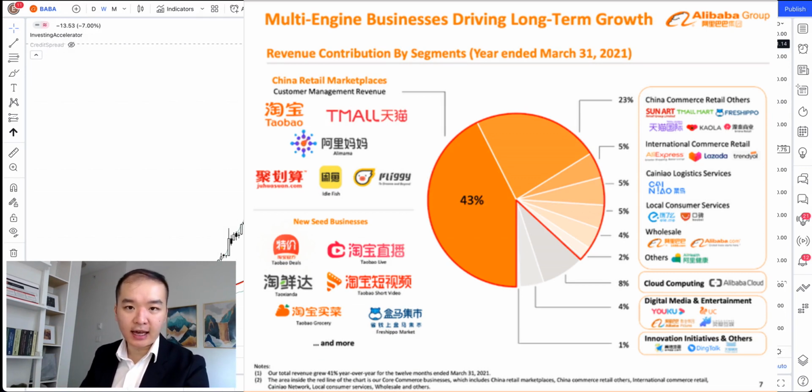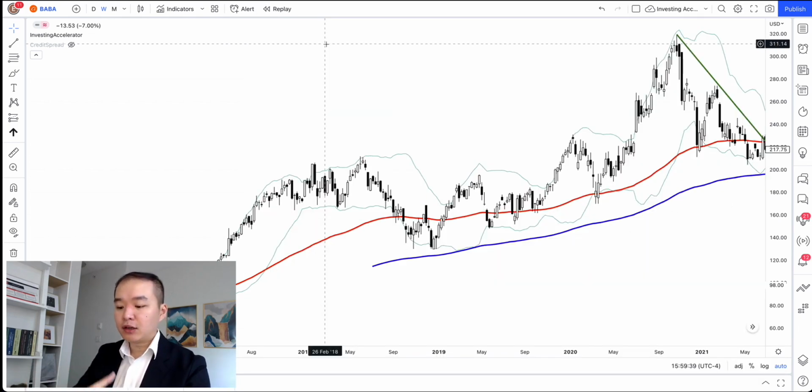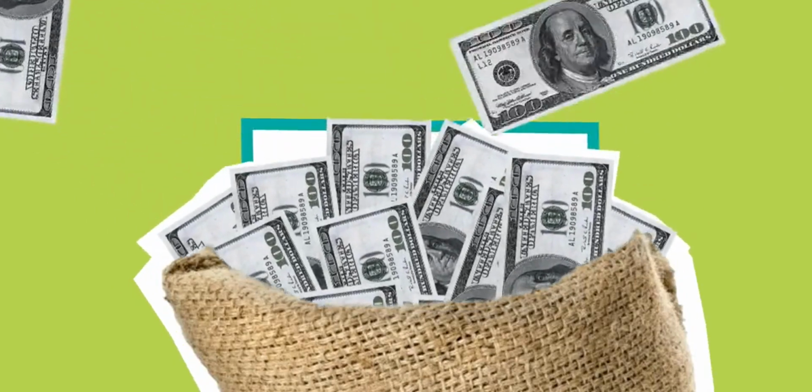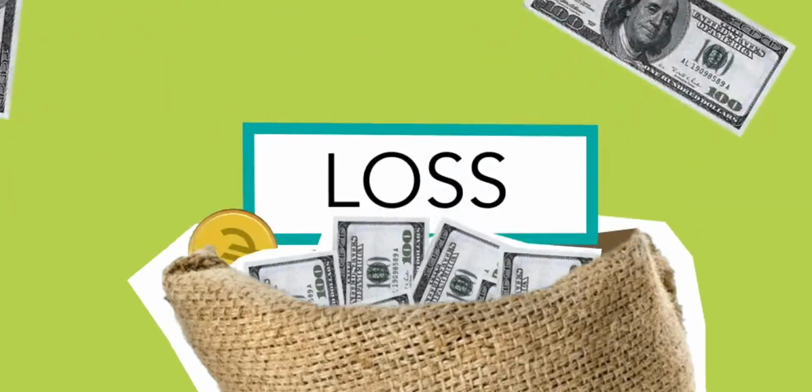Now, Alibaba is one of the largest companies in China, and it has multiple e-commerce stores. It has Ali Cloud, and it's actually very similar to Amazon in the United States, where there's Amazon Cloud and the e-commerce platform as well. Basically, they're a conglomerate. And when you're looking at the typical fundamental and technical analysis, during the time I was investing, it was actually fantastic. Then it makes you wonder, well, how did you end up losing money? And in fact, I lost over 100,000 on Alibaba.